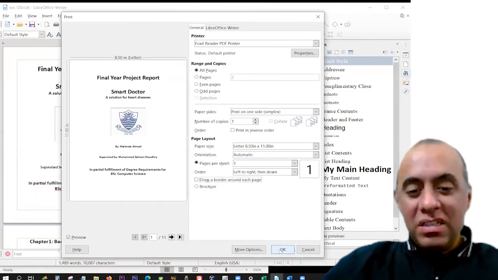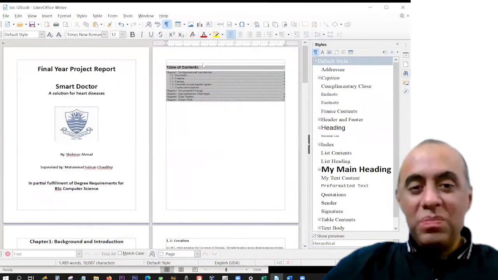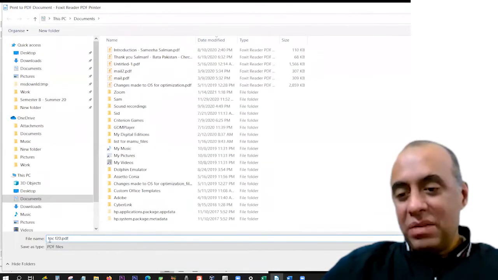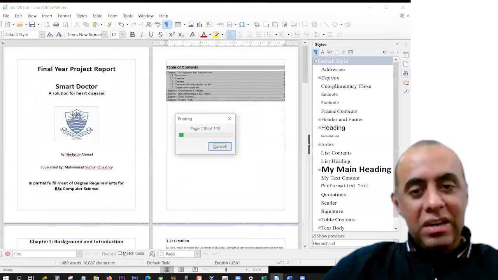So let's print this with OK. So it will be sent to the PDF printer. It is telling me that it is going to save the file in PDF format. So I click save,